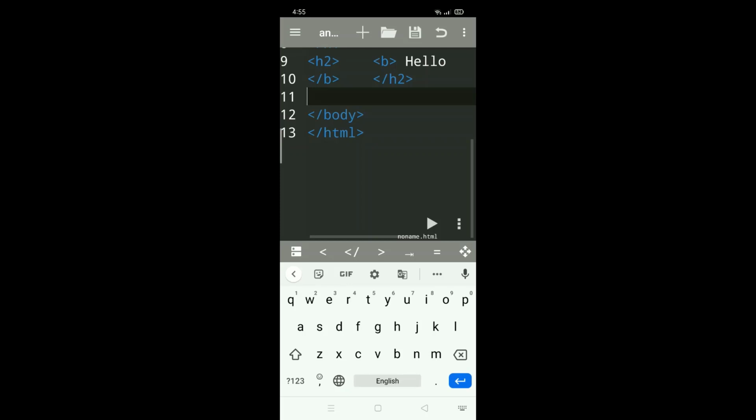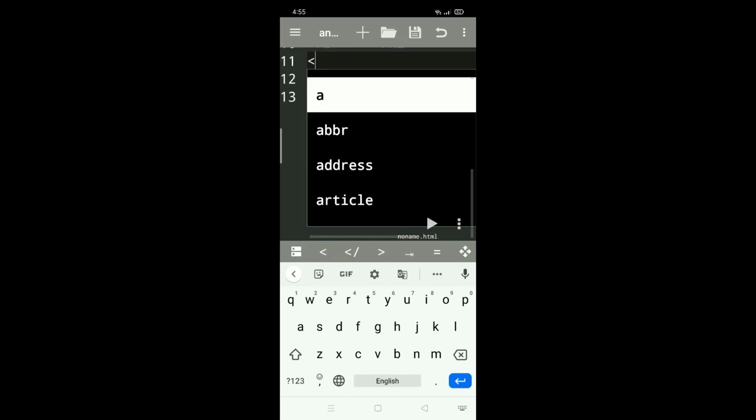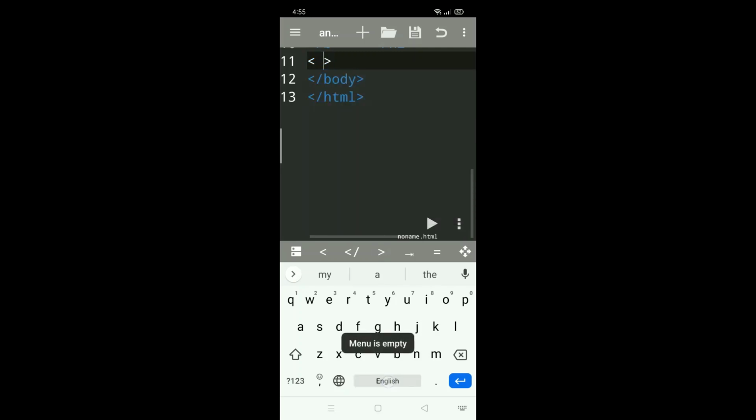Now here I type some text in italic form, I select the italic text, and next close this.